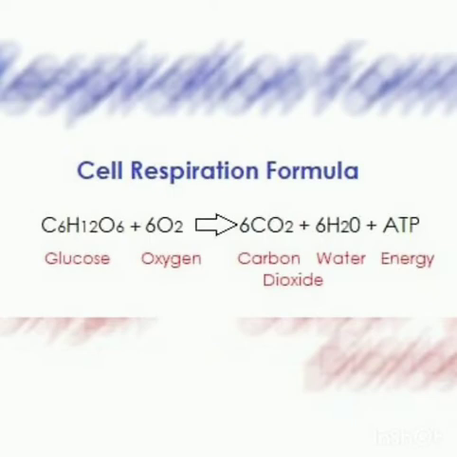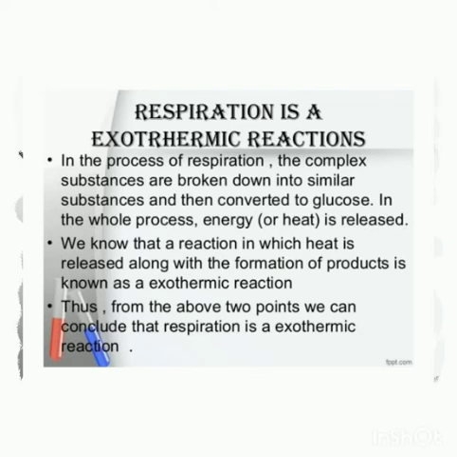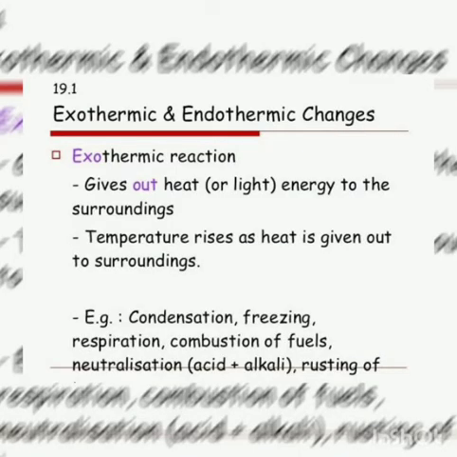So in those reactions in which large amount of heat or energy is released, such reactions are called exothermic reaction. As you all can see on your screen, when glucose react with oxygen, it forms CO2 plus H2O and release large amount of heat. Thus, we can say that those reactions in which large amount of heat is liberated, such reactions are called exothermic reaction. तो exothermic reaction कौन सी होती है? वो reaction जिसमें से heat release होती है.